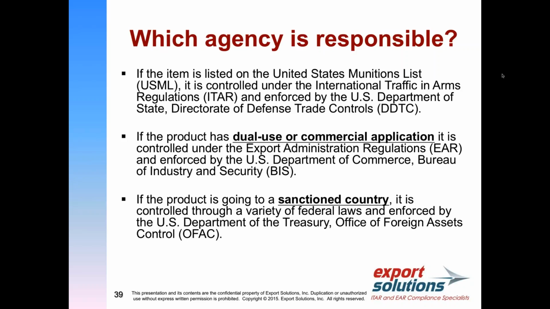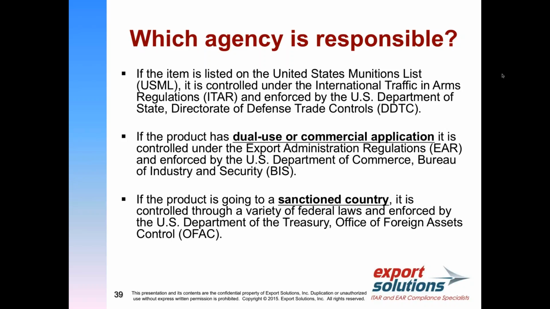Department of State, Directorate of Defense Trade Controls, otherwise known as DDTC. You may see some older documents, ODTC, Office of Defense Trade Control. That's just an older name for the same organization. If the product has dual use or commercial application, then it's controlled by the Export Administration Regulations and enforced by the U.S. Department of Commerce, Bureau of Industry and Security, BIS. If the product's going to a sanctioned country, it's going to be controlled through a variety of federal laws